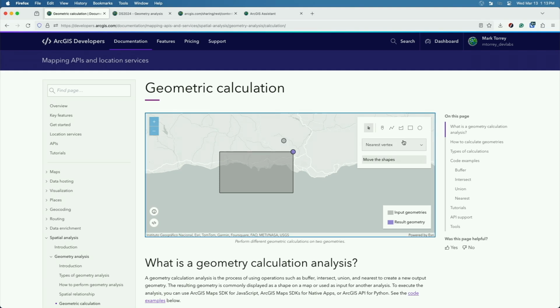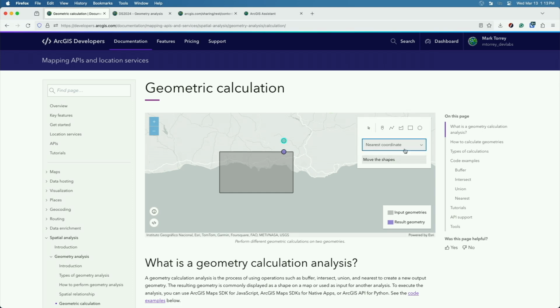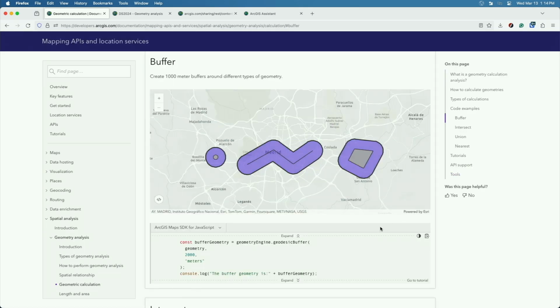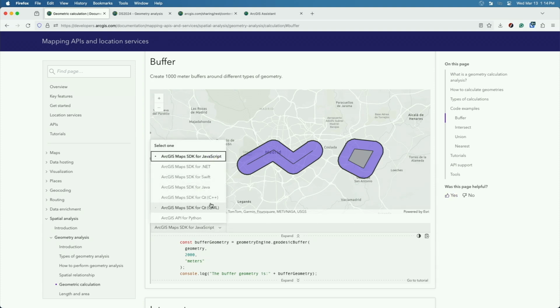All right, and nearest coordinate, you can see the differences. The vertices are where those two lines connect, and the nearest vertex to our input point is this top right one. And again, just like all the other examples, hopefully you see a pattern here. We have examples for each of the operations in each of the